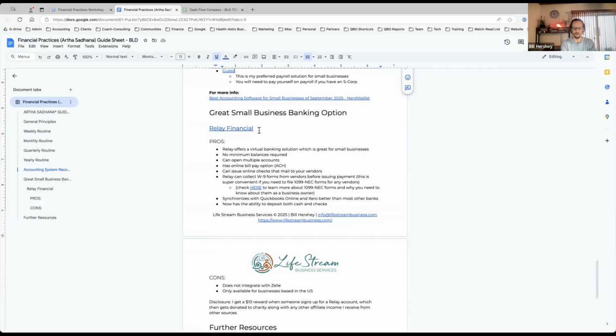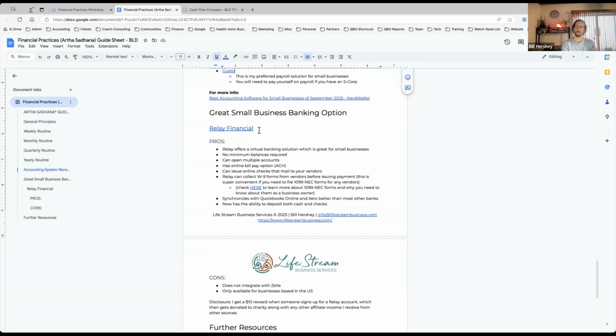If you have an accounting or bookkeeping firm, they work great with accountants and bookkeepers in terms of the accesses that they can provide. You can set rules and restrictions on it as well as far as what can't be done through there, of course. But you can have multiple accounts there designated for different purposes. There's no minimum balances, so no fees for going below a certain balance. You can issue checks online to your vendors or send them ACH payments without an extra fee, kind of like Zelle.